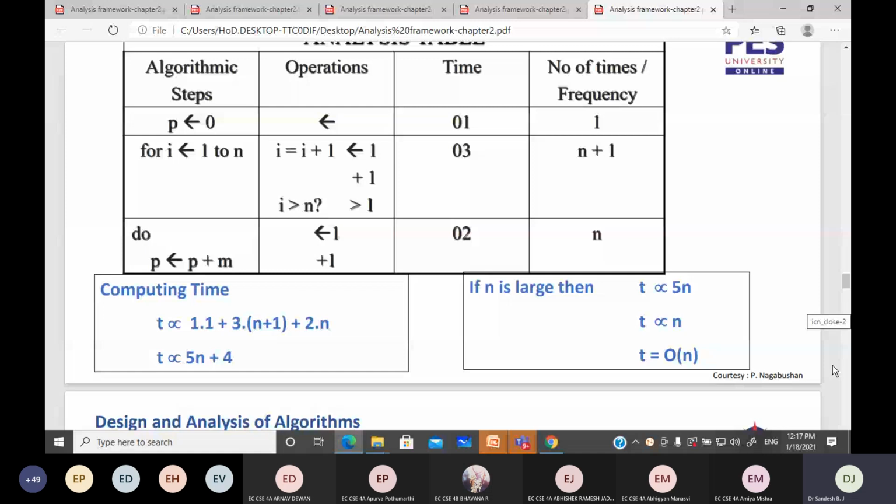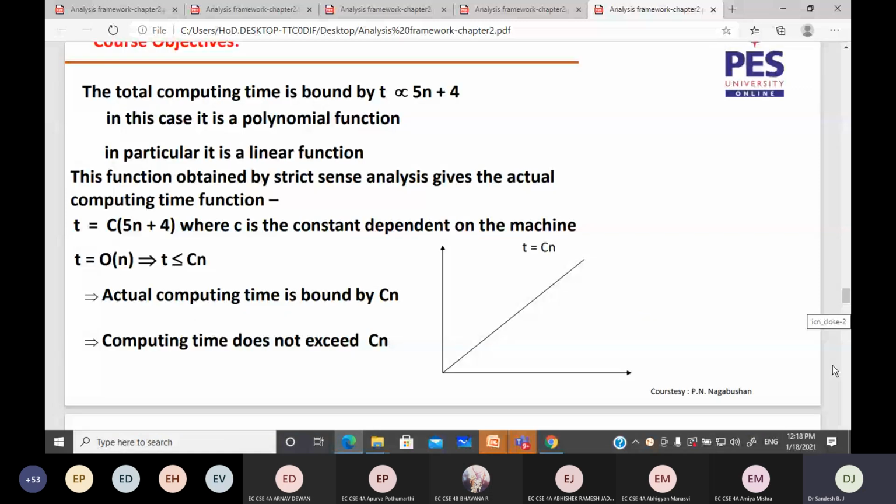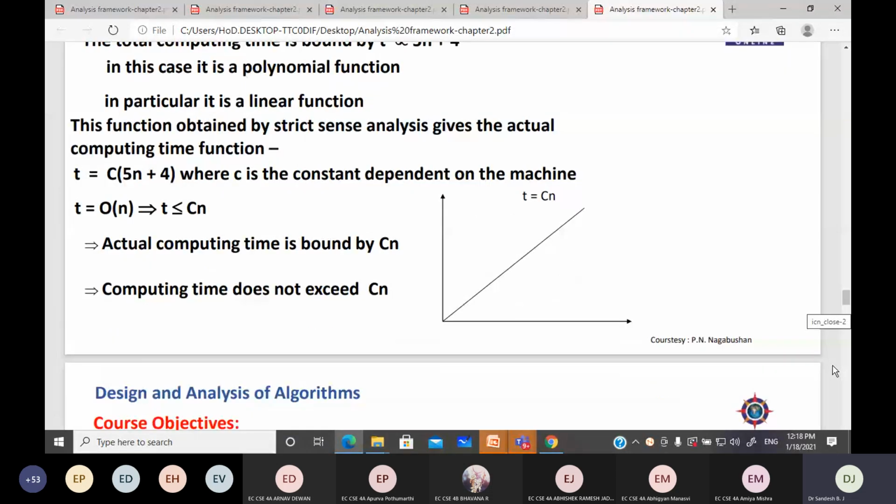And if you plot the time taken on the y-axis and the number of inputs for a particular problem on the x-axis, you can see the time required by your algorithm increases linearly because it's a linear equation. So if you take this equation 5n plus 4 and change the values of n and plot it along the x and y axes, as you can see in the plot, it is increasing in a linear fashion. So this is the discussion which was done in the previous class.